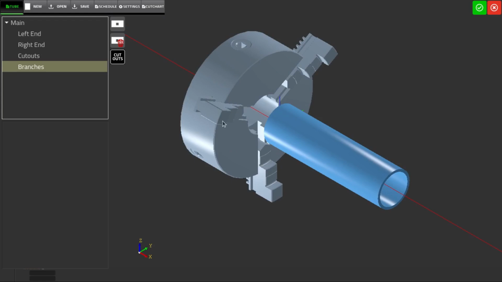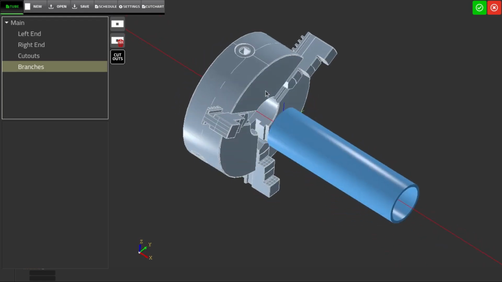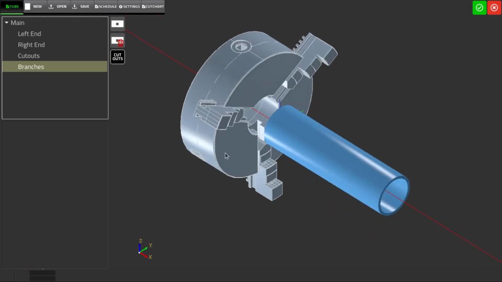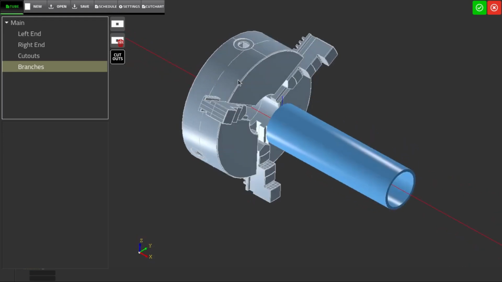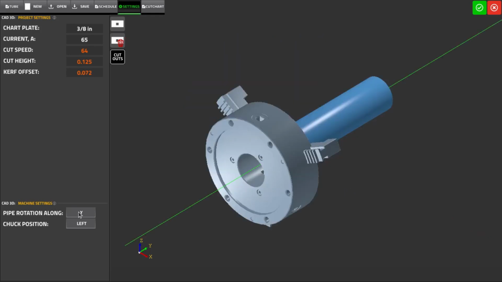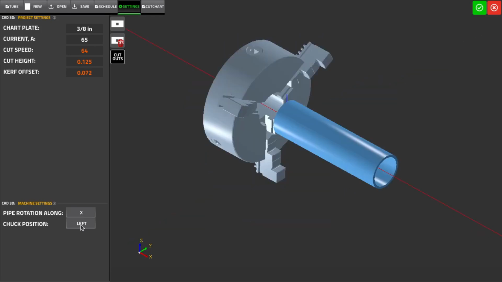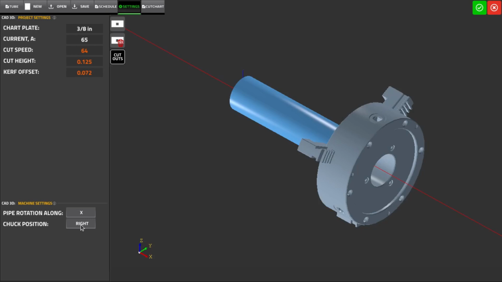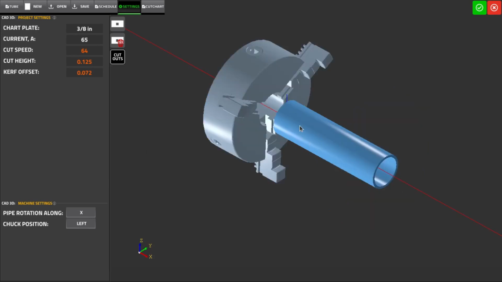So first thing first, you can already see a new feature of CAD3D, which is this chuck. It's a visualization of where the chuck is on the machine, and it's very useful because, for instance, if we do change the pipe rotation, it can be along X or Y now. We can also change the chuck position, to be on the left or the right of the pipe. Now let's say we keep it as is here,